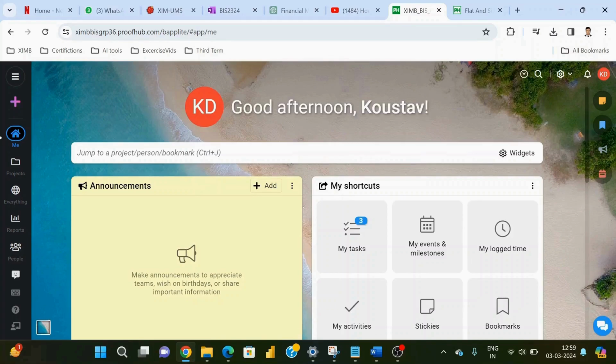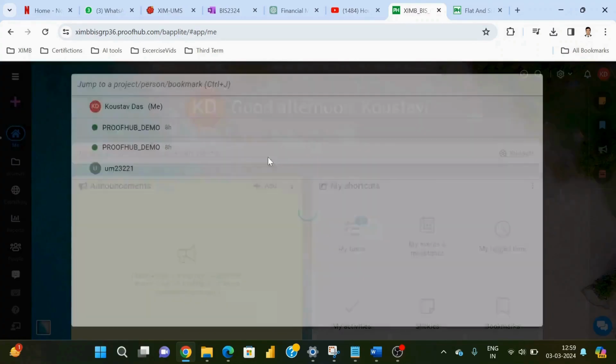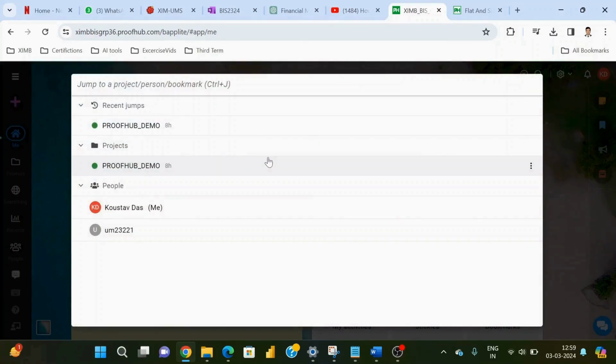So if we navigate down to our home dashboard, we can see that we have this search bar here. This is where you can jump onto specific areas within your account. For example, I can jump onto specific people, projects, or chat with a team member. I can go ahead and do that from here. Now, if I click out of here